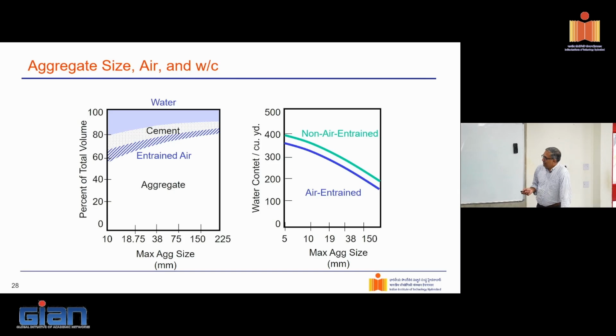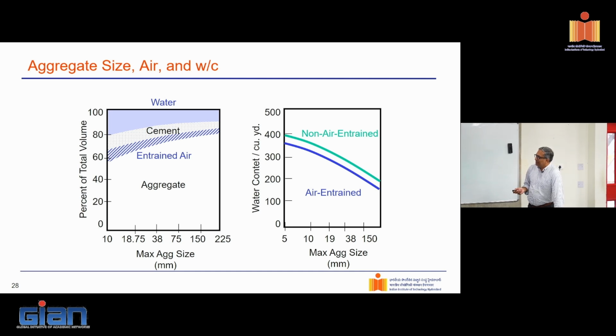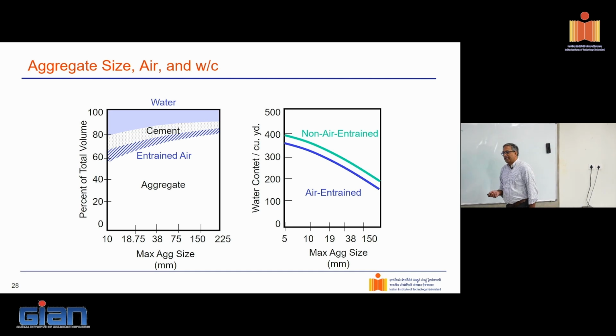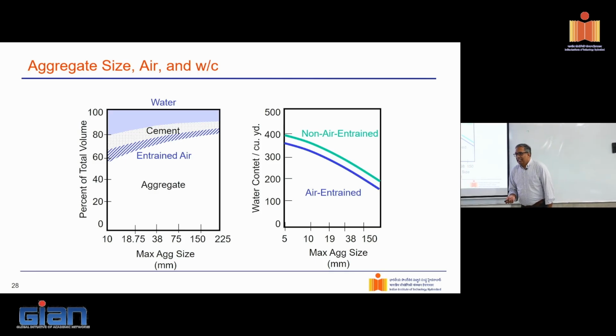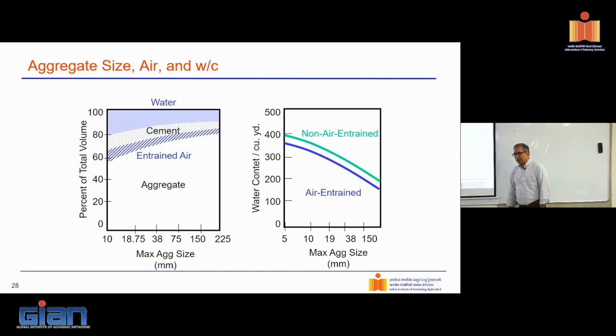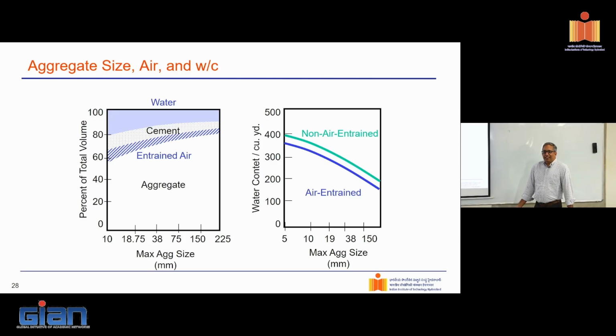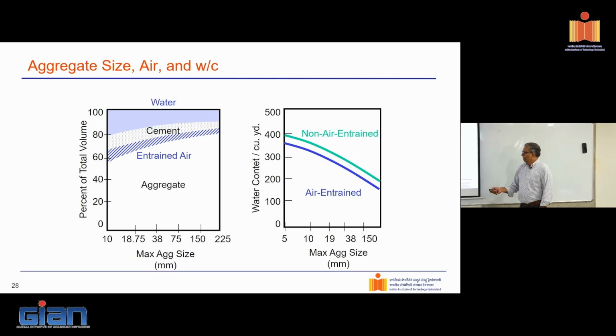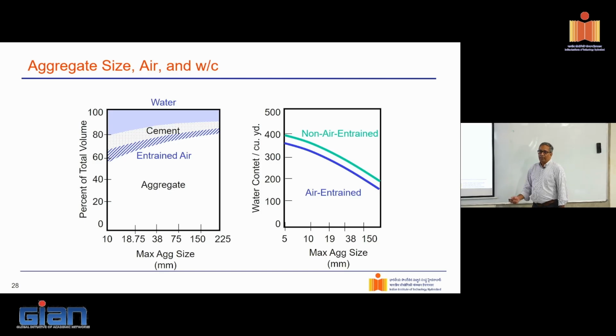If I look at the maximum aggregate size against the percentage of total volume, you see that I can increase my aggregate content in the concrete and decrease the paste content, starting with a larger aggregate size. Now, you may be wondering, where do you even see something like a 150 millimeter aggregate, 225 millimeter aggregates? In dams. Even in highways, it's not unusual to see a 45 millimeter or even 75 millimeter aggregate being used. So what am I gaining with a larger sized aggregate? Larger volume of aggregate, smaller volume of paste.